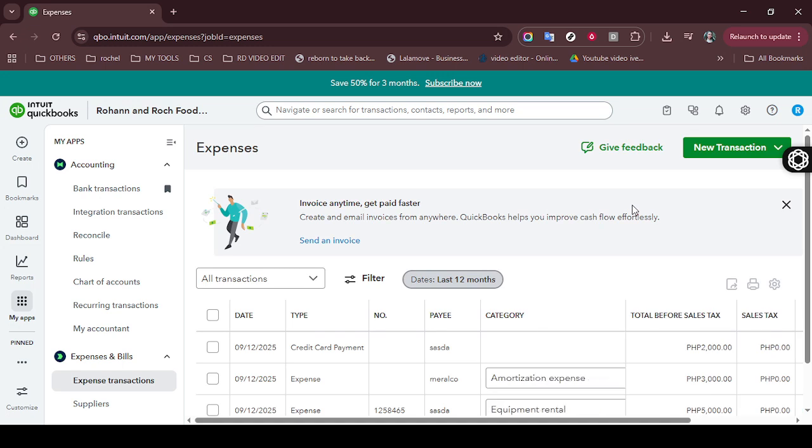Congratulations! You've now got QuickBooks Desktop ready for installation. From here, just follow the installation prompts on your computer, and before you know